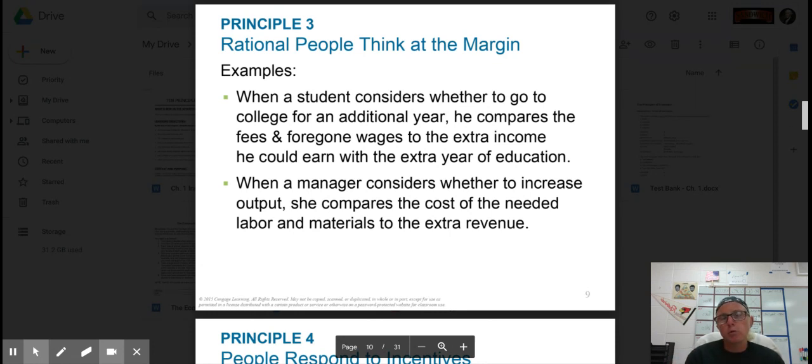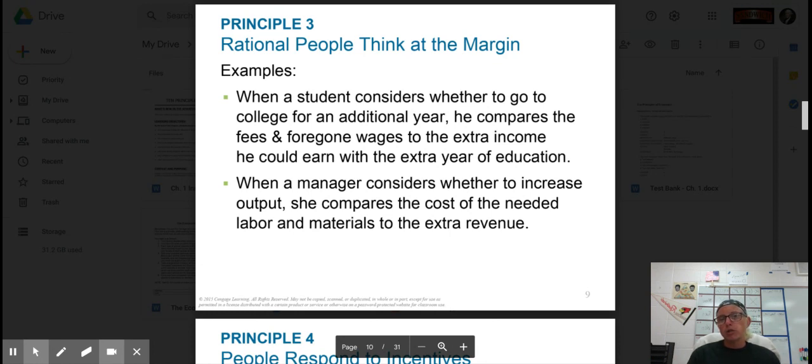I'll give you an example. When I got my bachelor's degree as a teacher, could I have gone back and gotten my master's in something like administration or political science? Yeah, but it wasn't worth it to me, because that extra expense would have meant giving up all the wages I made my first year of teaching. So you have to think of things like that. I was using my rational thought: that extra year of college wasn't worth it to me.